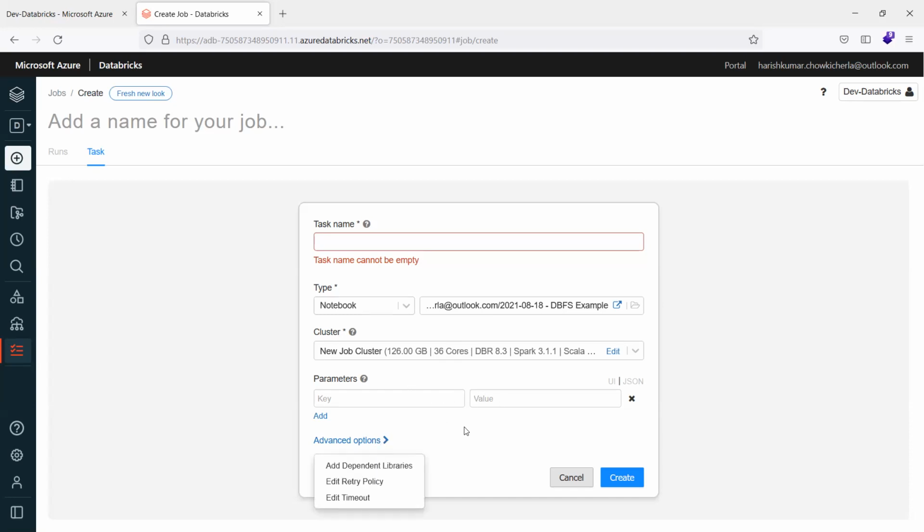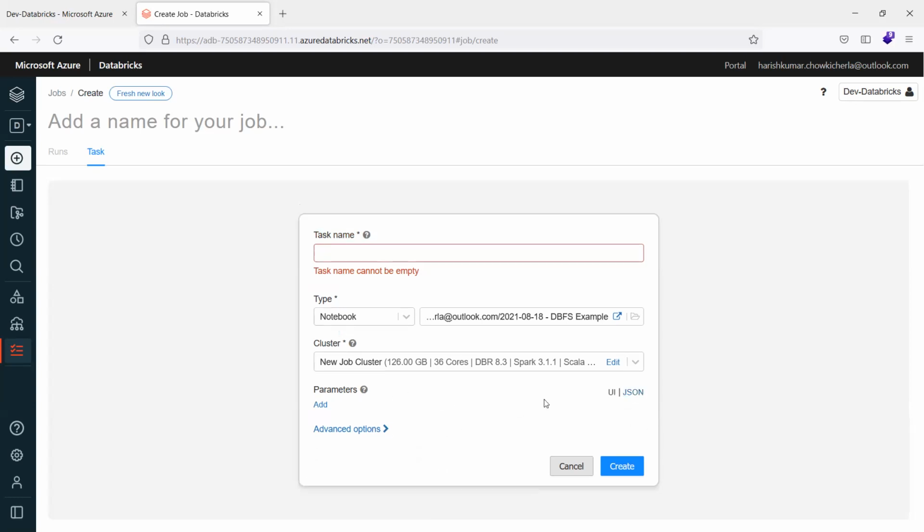If you want any advanced options, you can go, or you can leave it empty, right? Based on the parameters, it can execute. Once you hit create, it will create a job here and it can start execution by scheduling it, right? I'm not going to create anything because it can charge me,